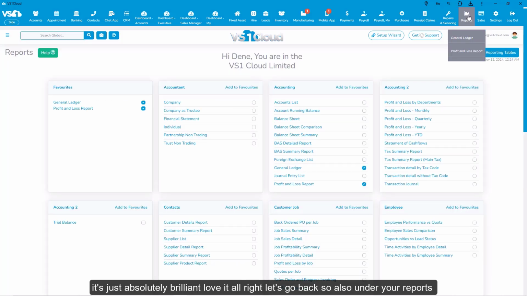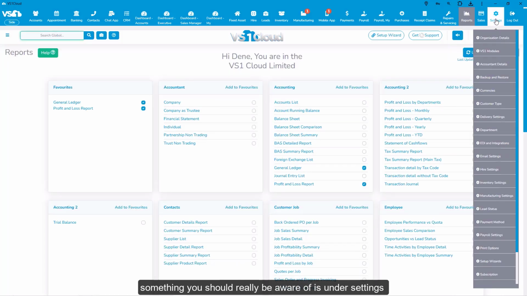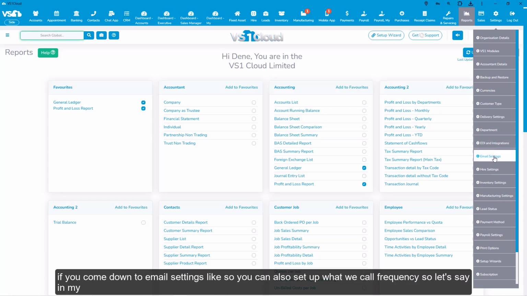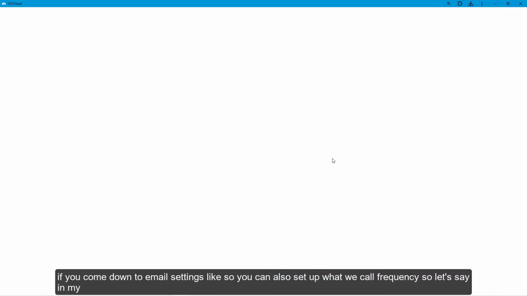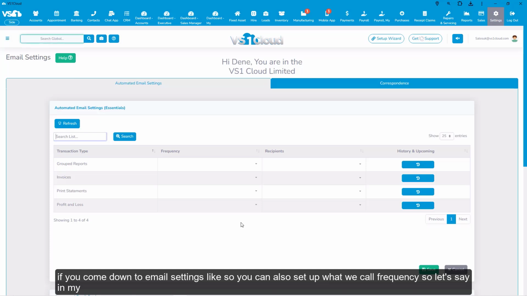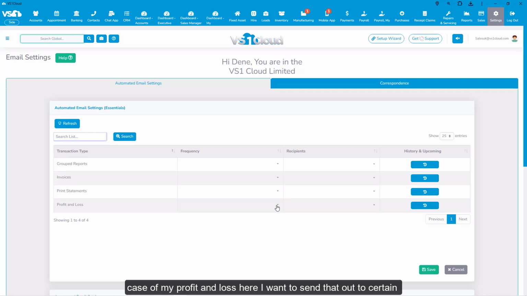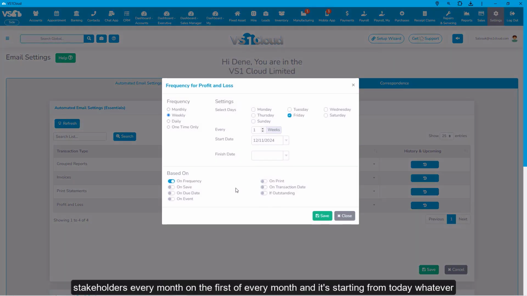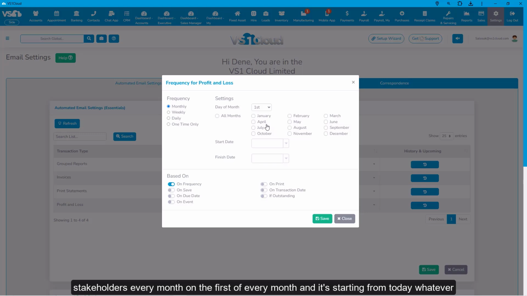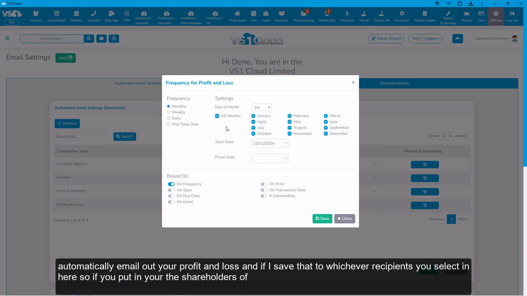So also under your reports, something you should really be aware of is under settings. If you come down to email settings, like so, you can also set up what we call frequency. So let's say in my case of my profit and loss here, I want to send that out to certain stakeholders every month, on the first of every month, starting from today, whatever that may be. I want it to go to all months, and what that means is the system will automatically email out your profit and loss, and if I save that,